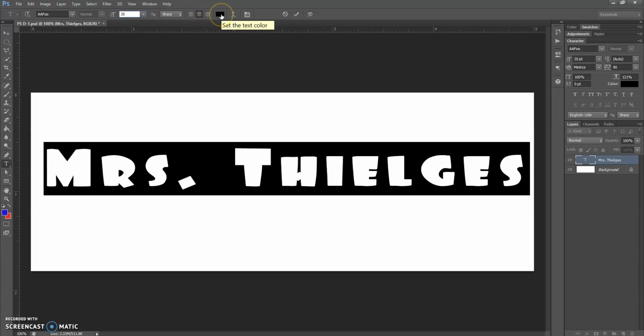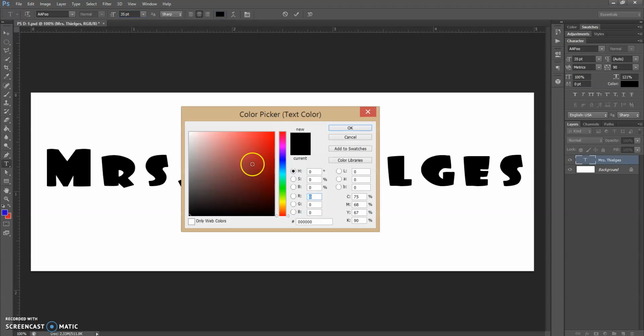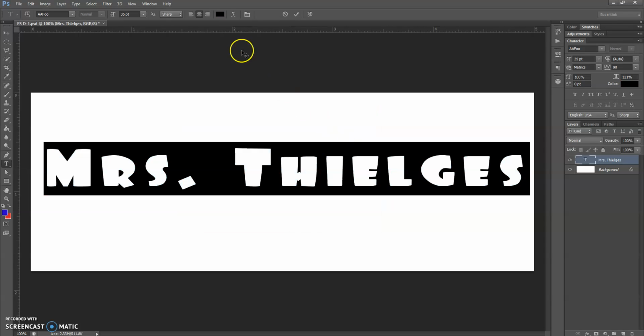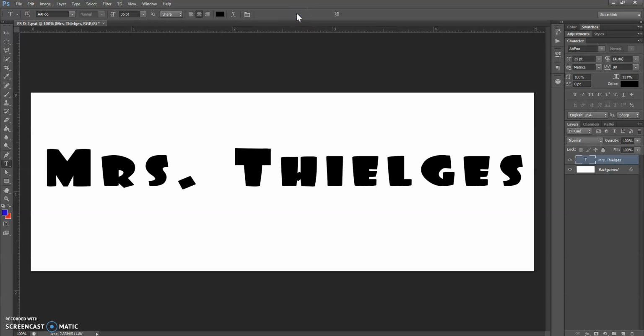And then this here is our text color. So right now it's defaulted to black. I'm going to leave it as black, but if you wanted to, I'm just going to show you, you just drag to whatever color you want, and it changes the text. But like I said, I'm going to cancel that, and it's going to go back to black. Then once you're happy with the way things look, all you need to do is confirm your edits with the check mark, and there you have